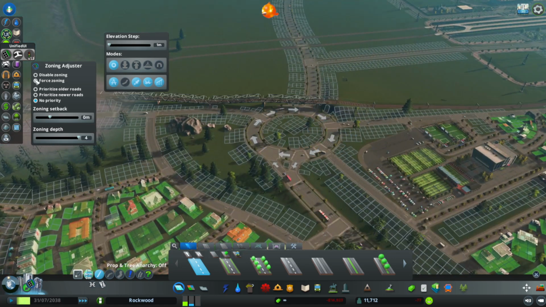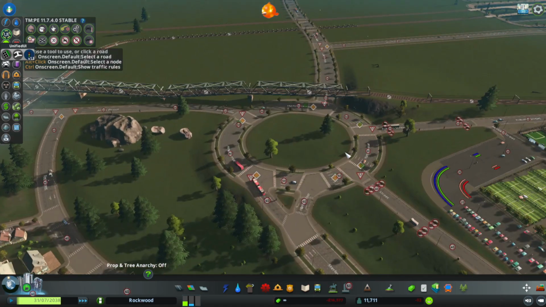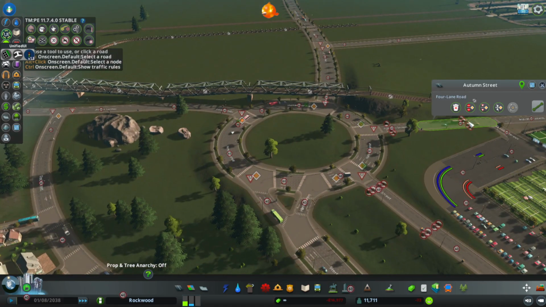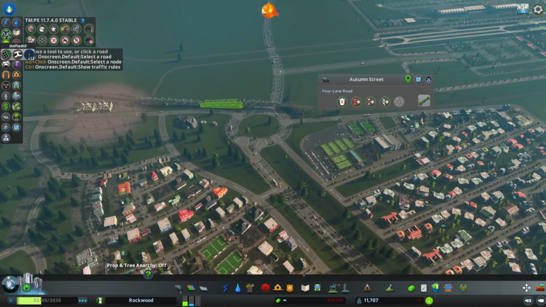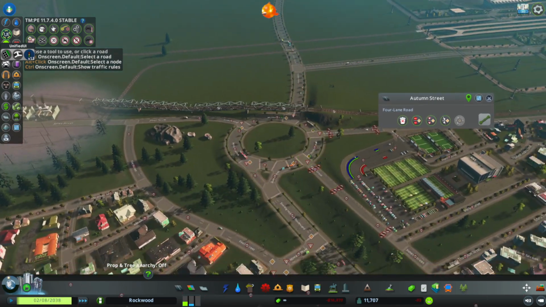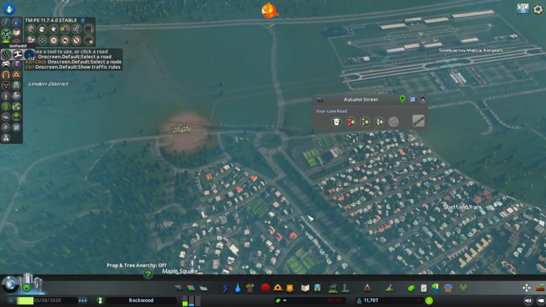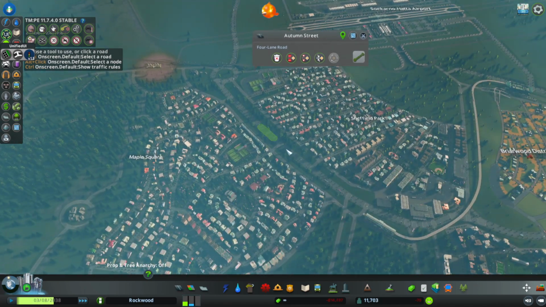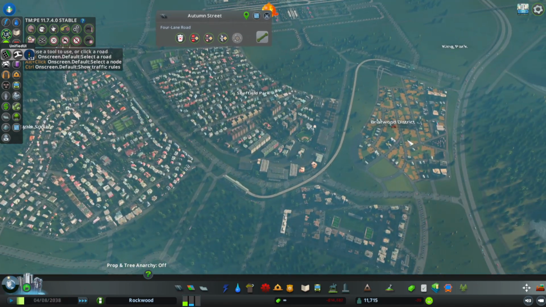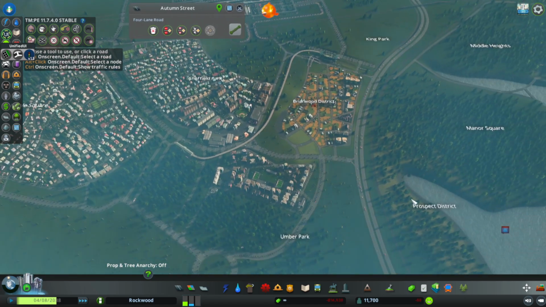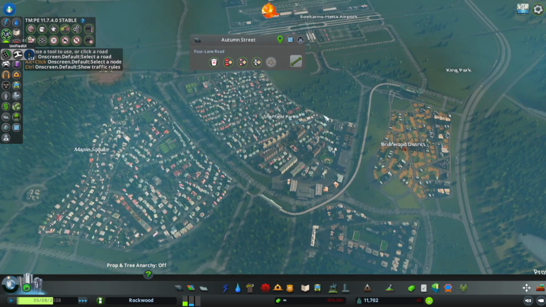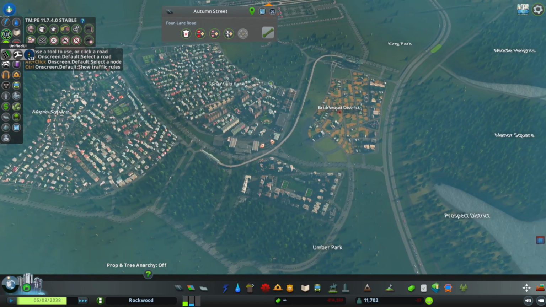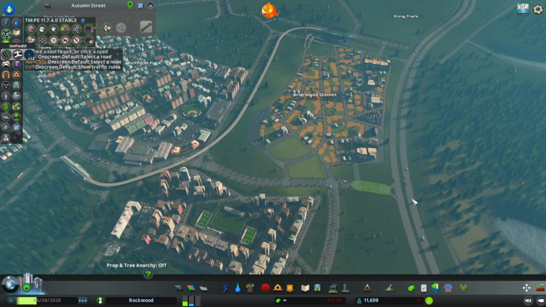And then you can also use Traffic Manager to restrict certain vehicles. For example, I restrict trucks from coming down here to the residential district. It's forbidden, so the trucks have to use the main road, and then it will go down here and reach their destination. So okay, because I am more focused on connecting the districts, I am not focusing enough on the highway